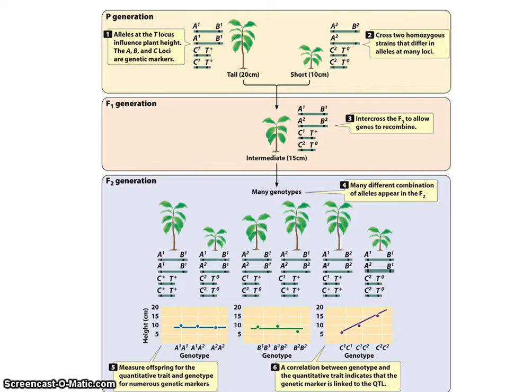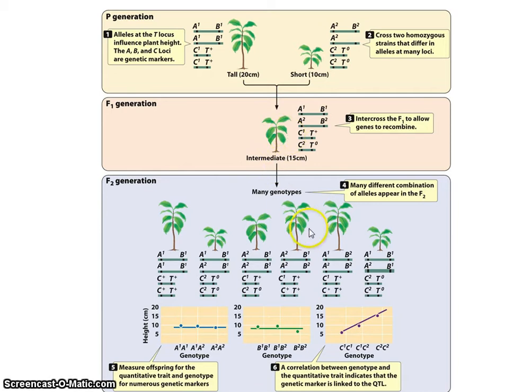This is very similar, where you're going to have what is essentially a linkage map, with markers spread throughout the genome. And you're going to have the trait that you're interested in. I think we like to talk about things in terms of height for quantitative genetics because it's a quantitative trait, but it's also familiar and easy to visualize. So if we have tall plants that are fixed for tallness, and short plants that are fixed for shortness, and we breed them,